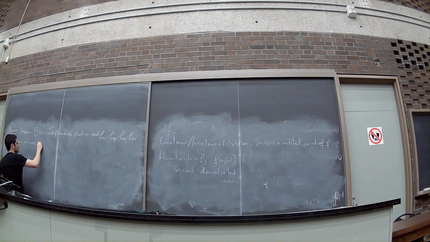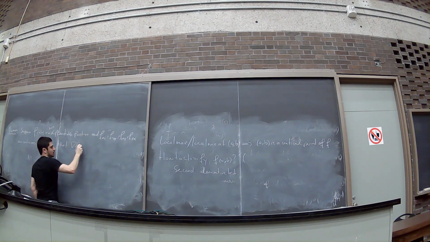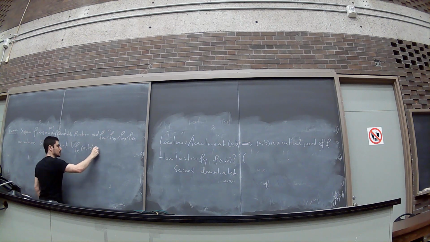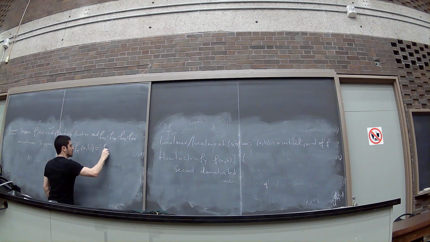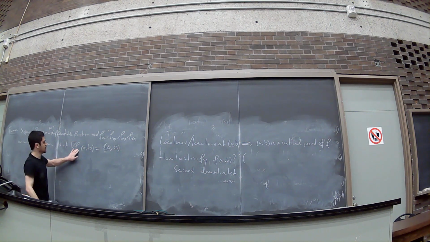Suppose that the gradient at (a,b) is equal to (0,0). So I have a point (a,b) where the gradient is 0. Then